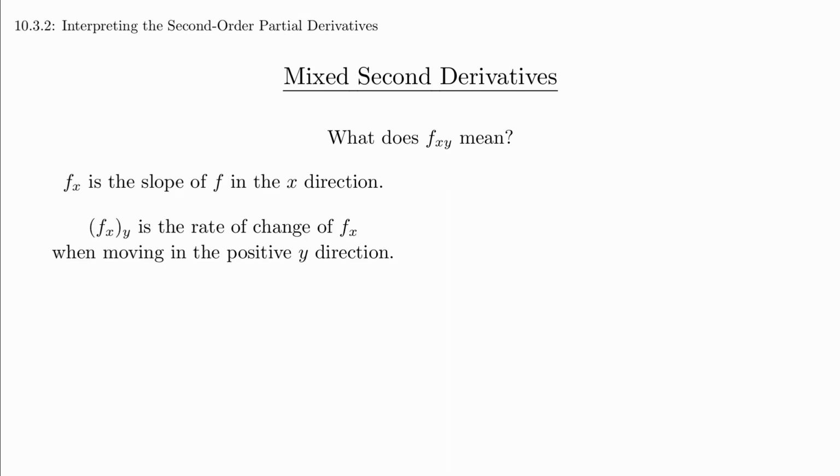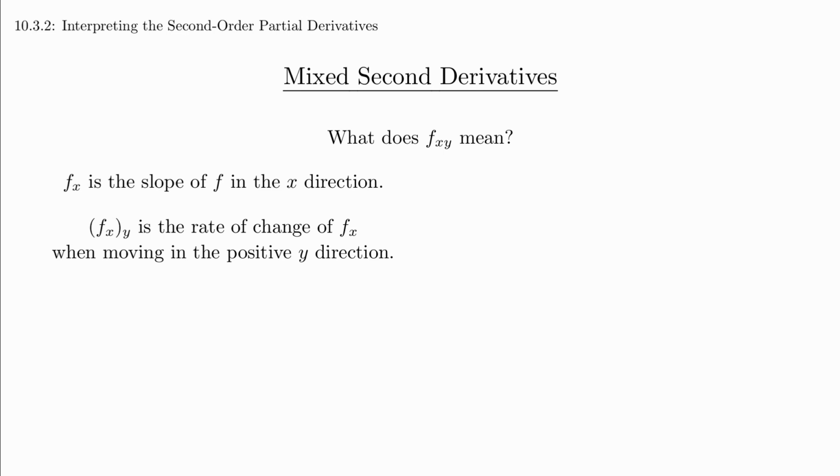It turns out that the mixed partial derivatives give a measure of the twistiness of the graph. That's not a technical term, but it does convey the appropriate intuition. Let's take a closer look at it. Let's think about what f sub x sub y means. The inner derivative is the partial derivative with respect to x. In other words, it's the slope of f in the x direction. We are looking at the partial y derivative of this value, which is telling us how the slope is changing when we change the value of y.